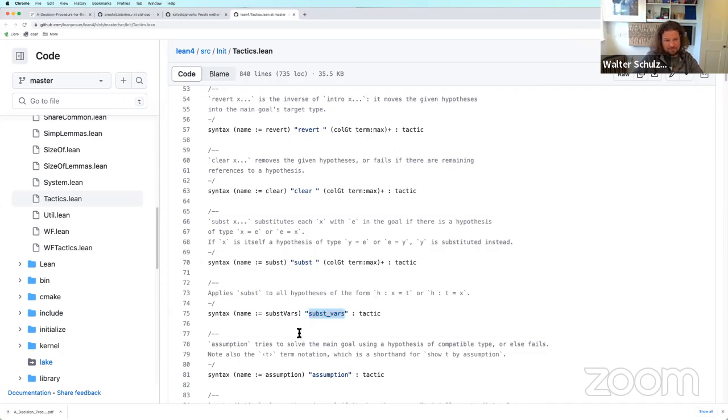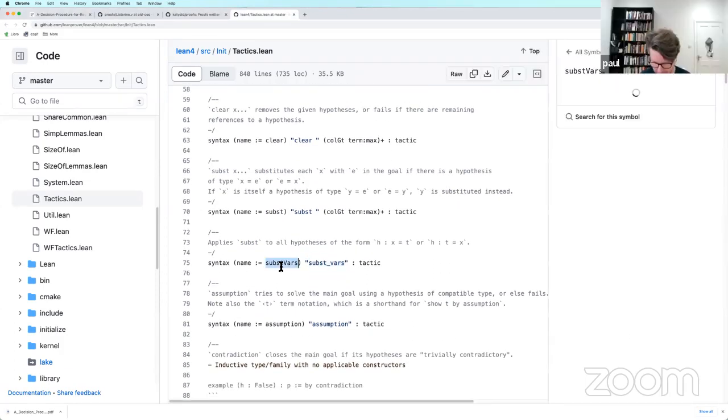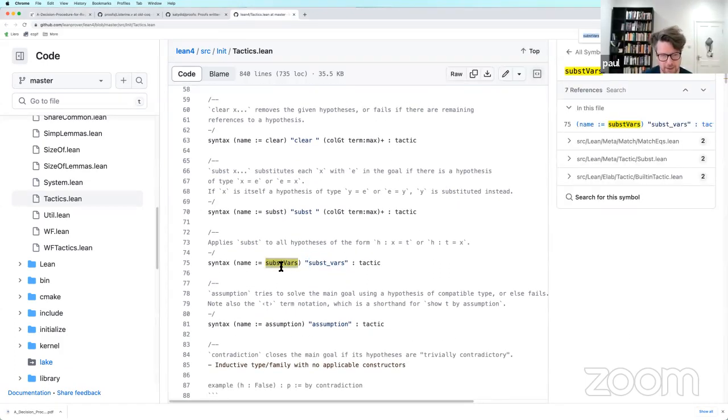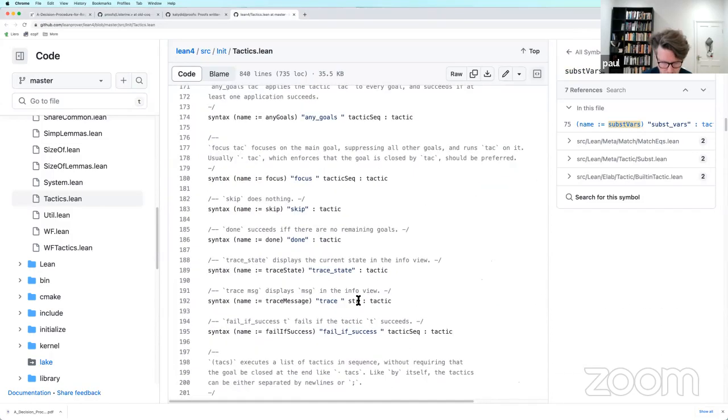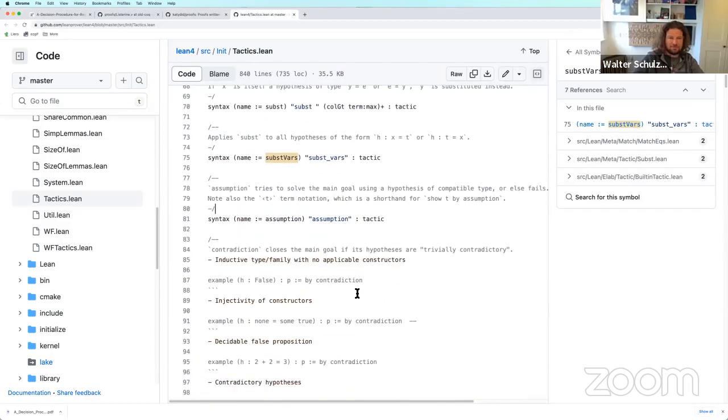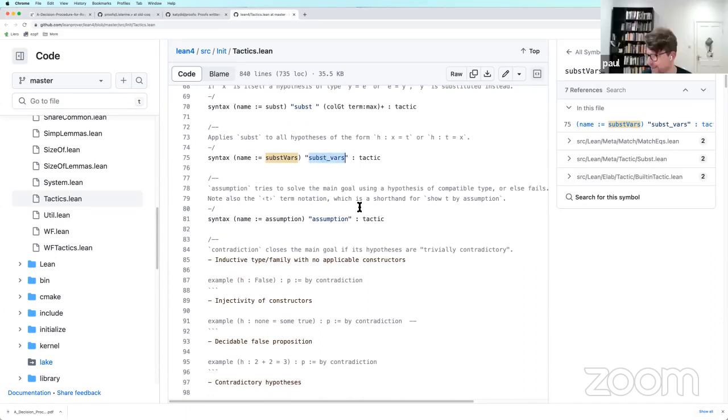No. Where does that come from? Well, there has to be some definition here. Well, maybe this is one that's a magical C++ implementation.